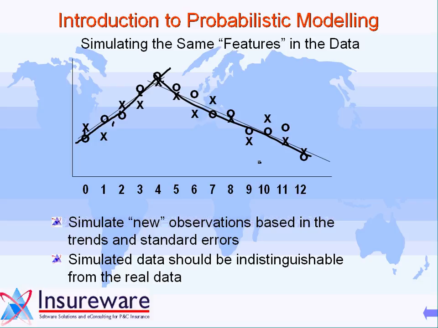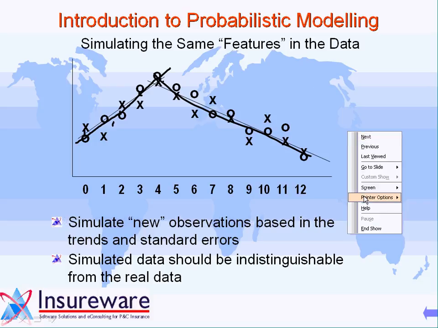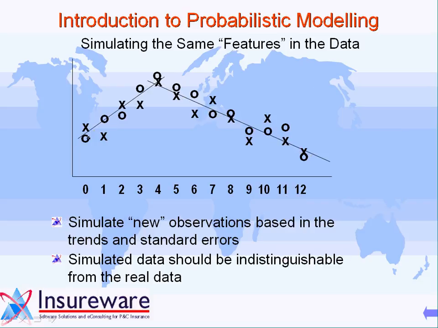We tell them that if the x's are the real data, what we've done is we've estimated 2 trend lines for the x's, measured the variance around the trend lines, tested for the normality of the residuals, and simulated the circles from those respective normal distributions. However, if the circles are really the company's data, we fitted the 2 trend lines for the circles, intersecting at development year 4. We measured the variance, we tested for normality, and then simulated the x's from those normal distributions. Would that person be able to tell us which is which? And the answer is in the negative, no, because